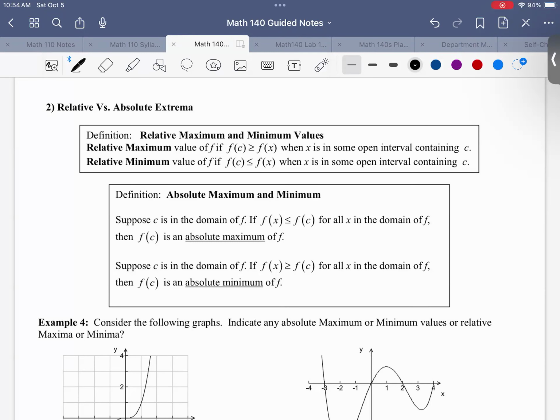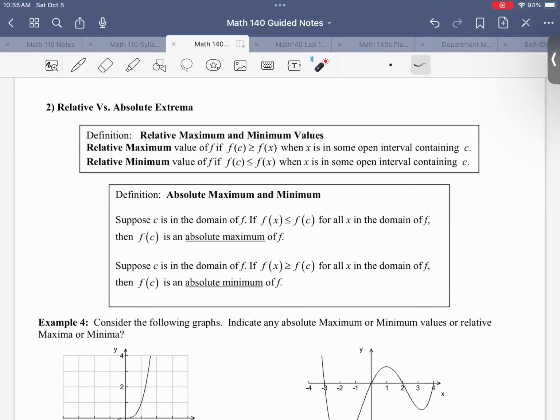So let's go ahead and finish up this 3.1 talking about relative versus absolute extrema. Okay, so what does that mean? A relative maximum of a function f is when a value is greater than the function in some interval, in some brief little space. And likewise, a relative minimum is